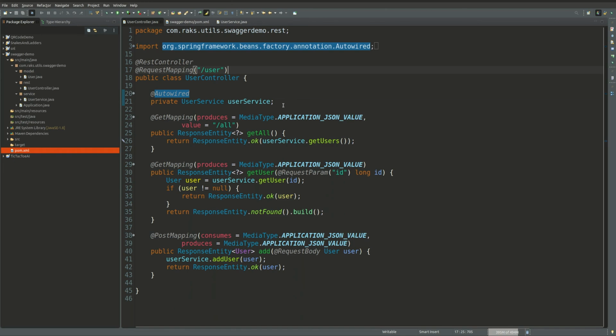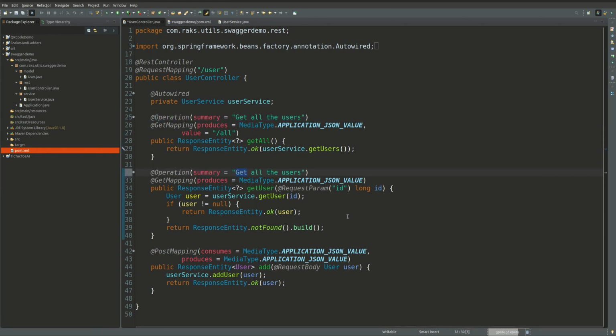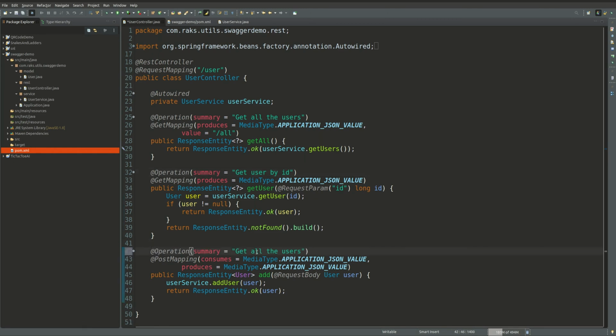Just like we have Operation, where we can give the summary or description of the API, so what the API is doing. So this API is get user by ID, and the last one is add a user.